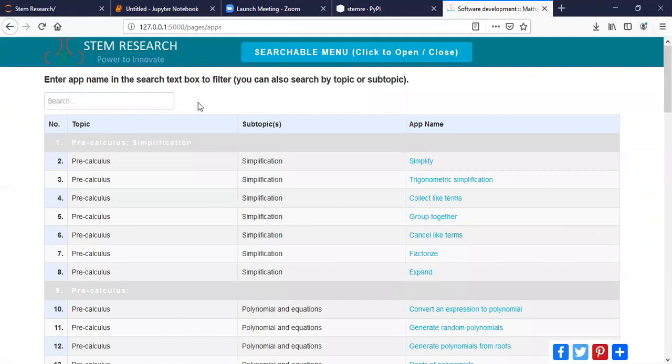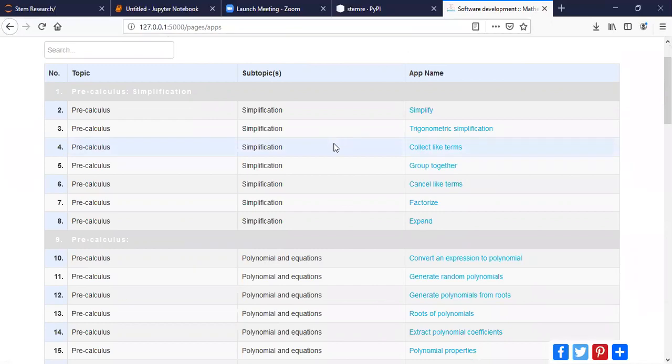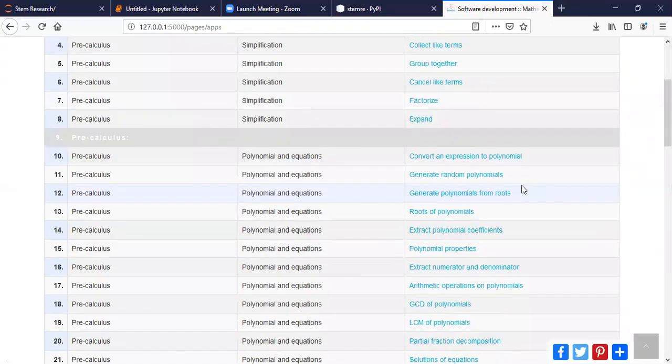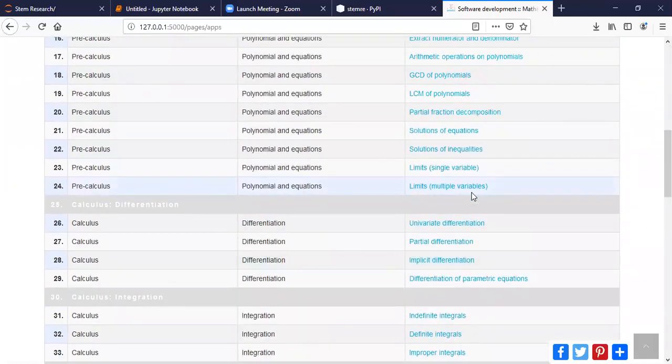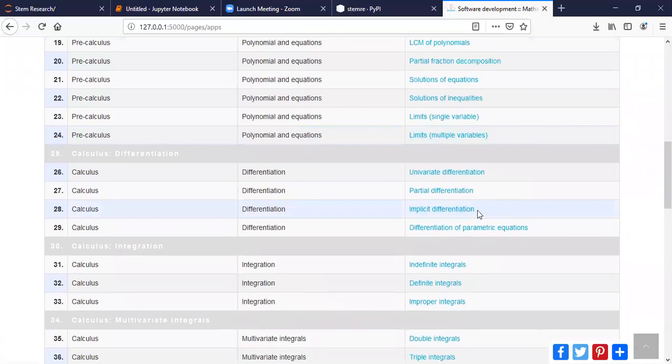So these are the applications that we currently have uploaded to the website. There are more applications, only that we are uploading them little by little. So you can look at them. Now I want us to demonstrate just two such applications. One of them would be, for example, I want to do